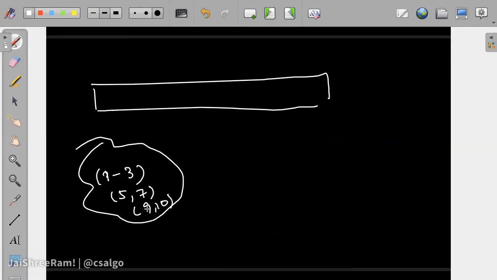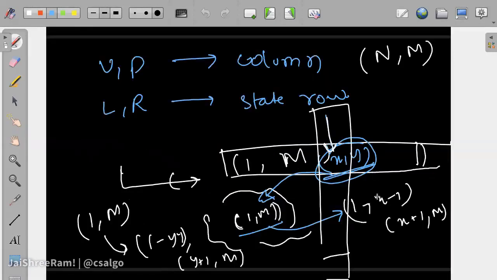So now in this case, I know you have maintained a state x comma y where you last were, right? Let's suppose you were in this row, at 8 comma whatever the column number is. So these would be column numbers, right? So for the row, you will have to make it y.